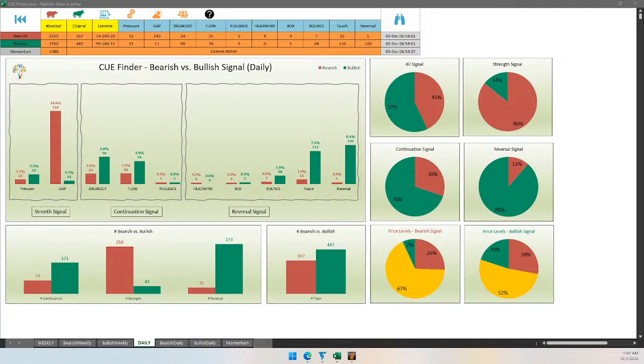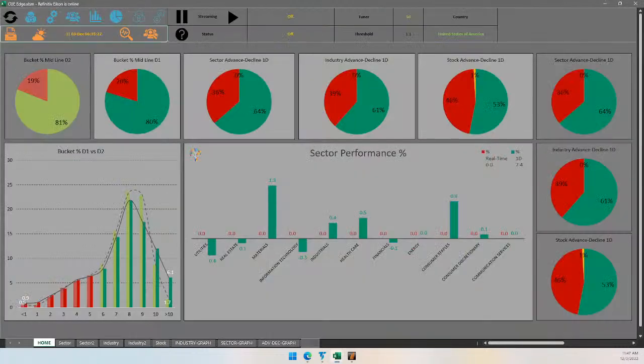Before doing that, let me summarize. Market is bullish, overbought, but there are stocks that are not overbought yet because the bucket analysis is nowhere close to being overbought. We could look to buy those stocks. And indeed, Tesla was one of them that I shared last week. What about this week? Let's go to Q edge, do a top down analysis. Market level is bullish enough for me to look for buying opportunities.